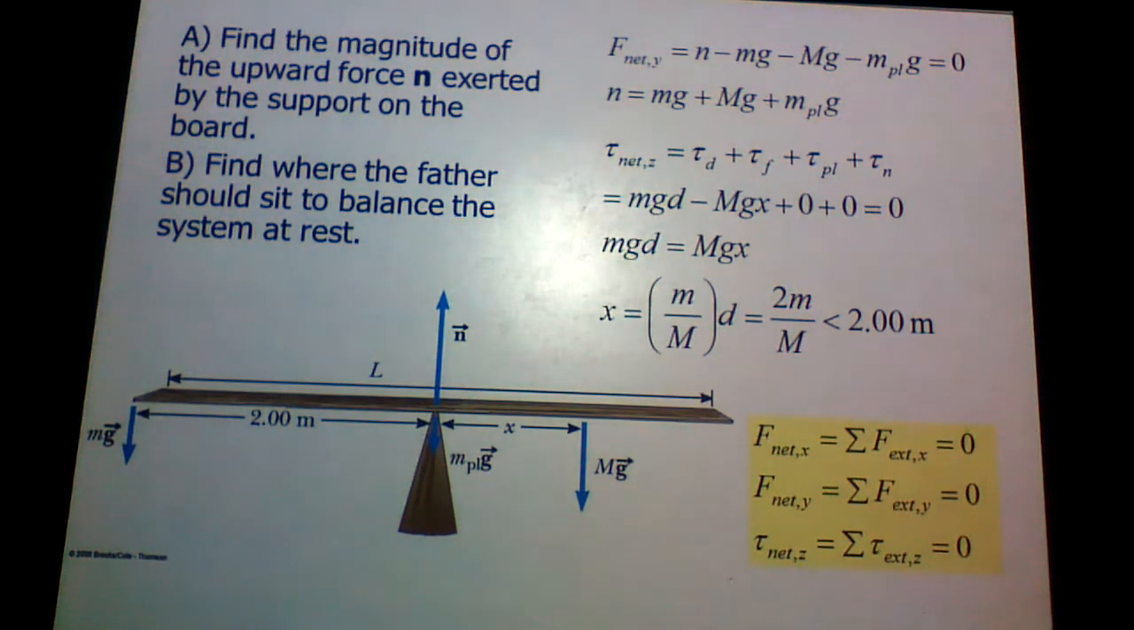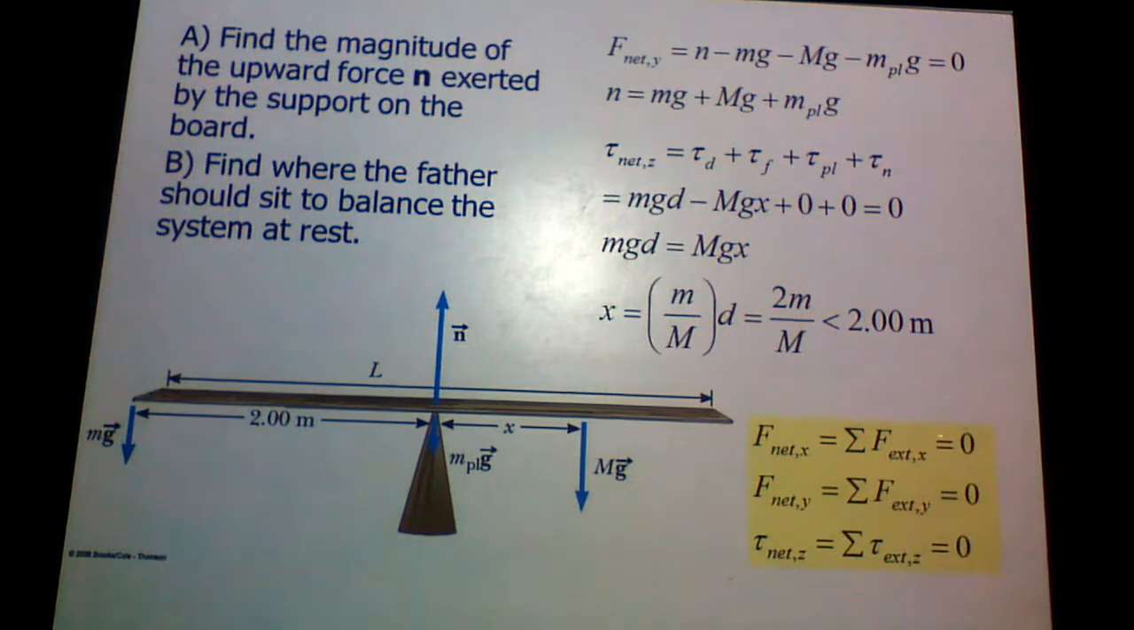I know that's 2. So I just plugged in 2 meters times the mass of the daughter over the mass of the father. And that should be less than 2 meters, because this side would also have to be 2 meters, and he can't sit anywhere off of the seesaw, or it wouldn't be at rest anymore. So this would be my answer in finding where the father should sit to balance the system for it to